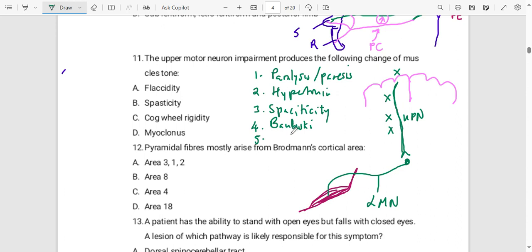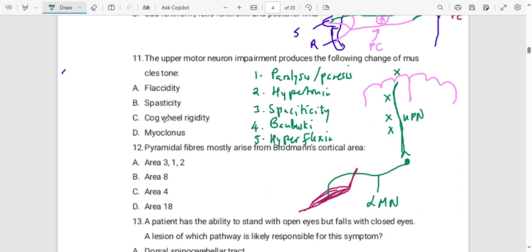you can also diminish some other reflexes, like the abdominal reflexes are going to diminish. Besides that, there's also going to be hyperreflexia, which is the myotatic reflex. Hyperreflexia. Okay, so the upper motor neuron impairment produces the following changes of muscle tone: